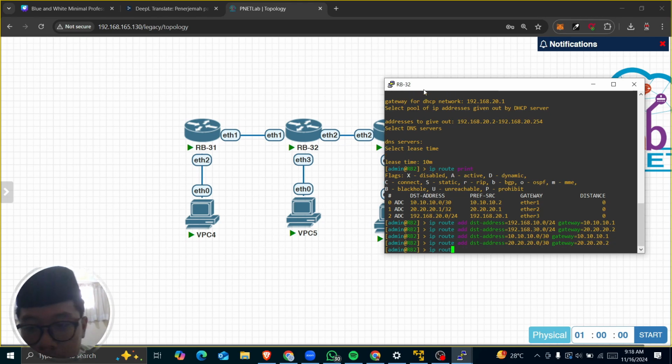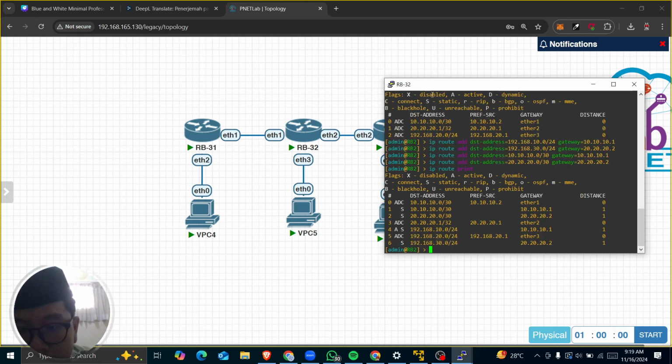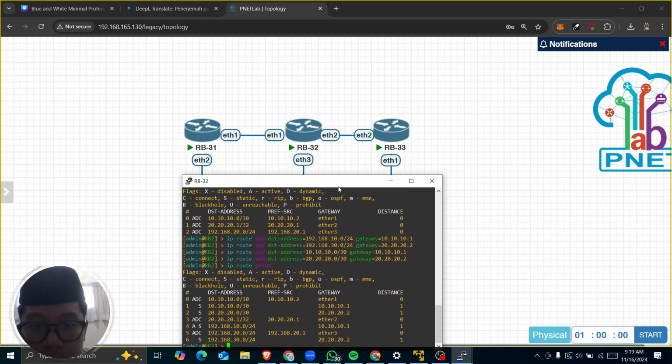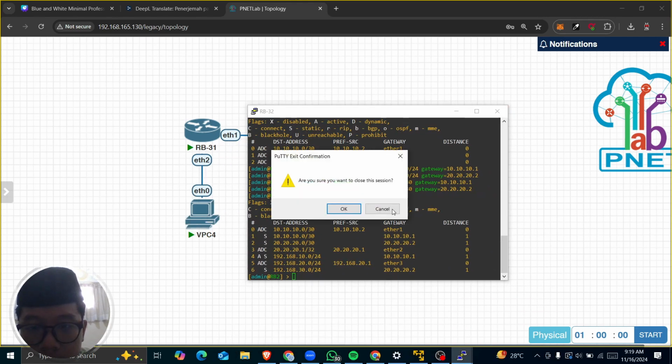And we're gonna check the route. Okay, and here there is active static and static, yeah, in here, because we have not configured the RB3. Oops, sorry.